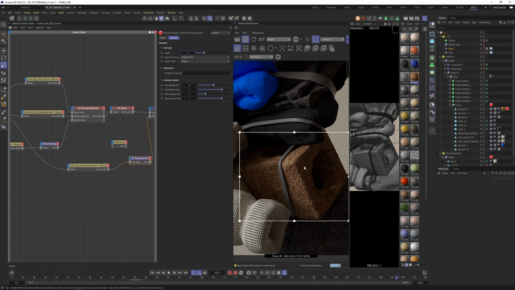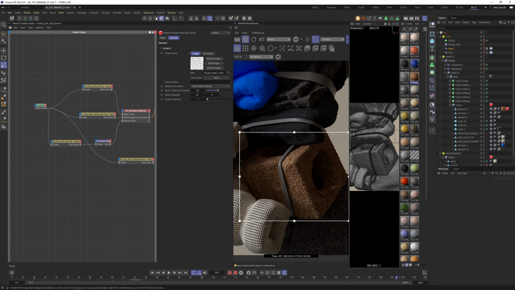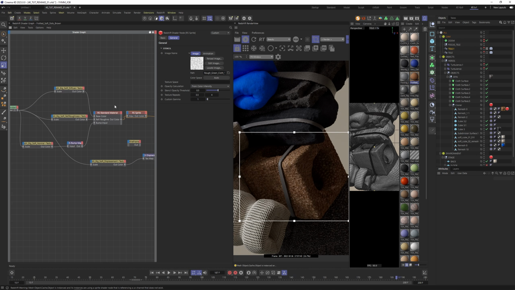Most of the time you can't just drag and drop them onto the objects and have it work perfectly. Very often you have to fine tune the materials. I would say this looks pretty nice, and we have a bit of an opacity going on here, which I think is quite interesting. There are different ways, by the way, to adjust the opacity. You can plug it into the opacity layer, or you can make a sprite node